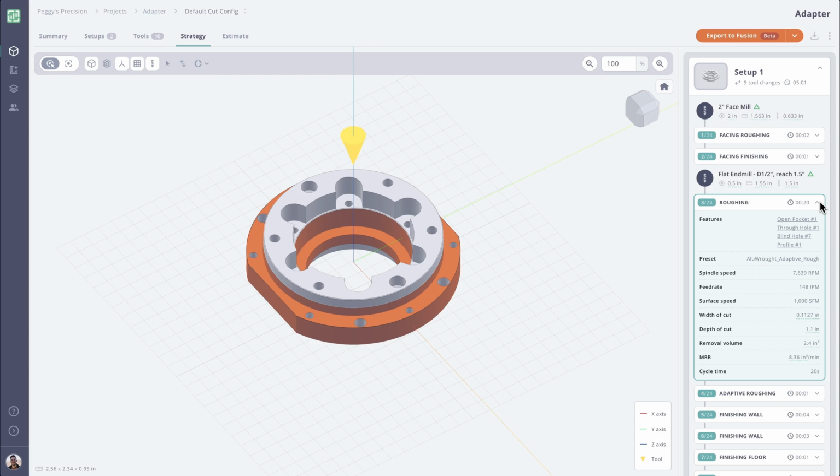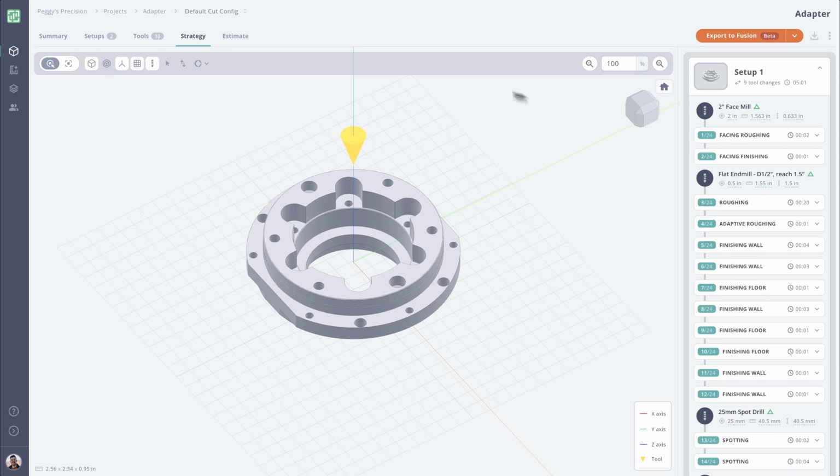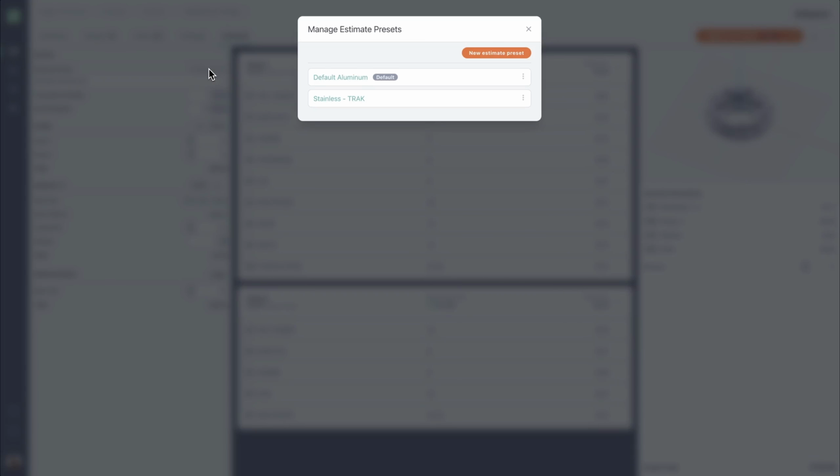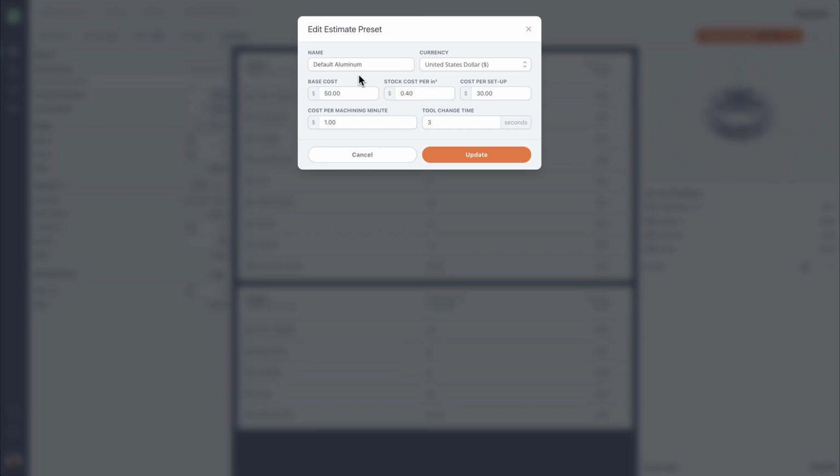The last question to answer is how much is this part going to cost me? And that can be answered by jumping to the Estimate tab, where we get a breakdown of costs for each setup and operation. These costs are fully editable based on your shop rate and can be saved as an estimate